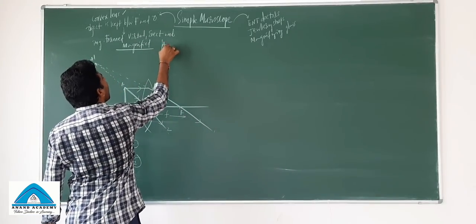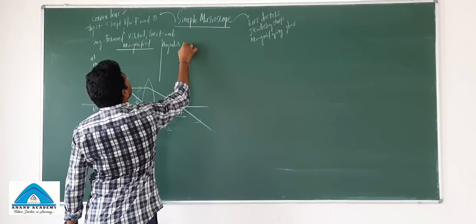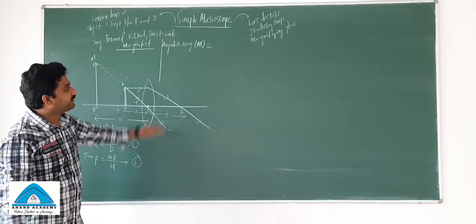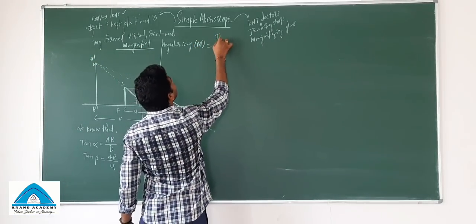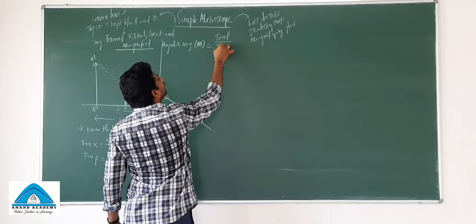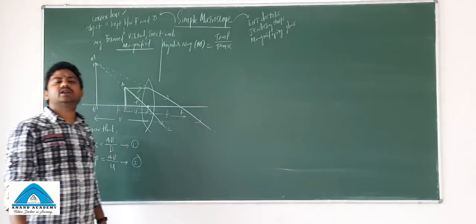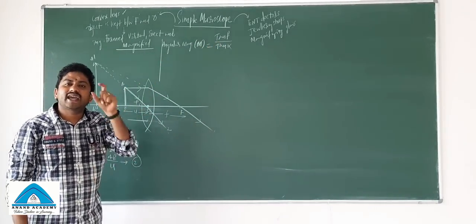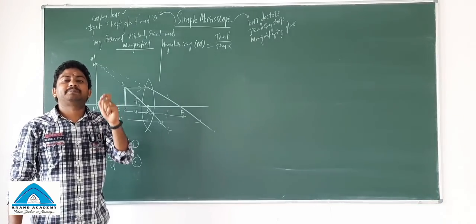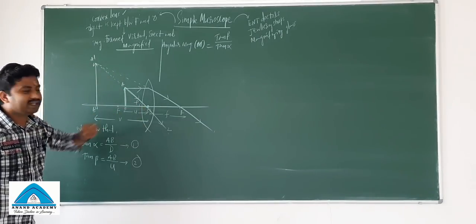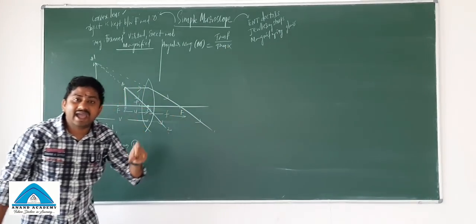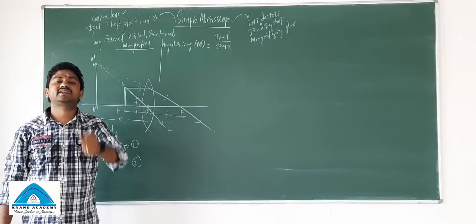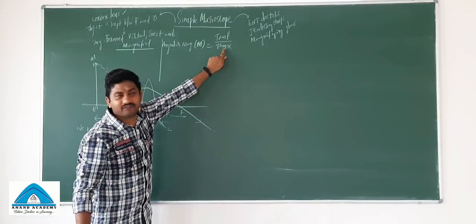So that is what I am writing here. Here you can see the angular magnification. Angular magnification is denoted with the symbol capital M. And this angular magnification is tan beta by tan alpha. The formula for the angular magnification is tan beta by tan alpha. So what is tan beta? Tan beta is the angle subtended by the image on the lens. Tan alpha is what? The angle subtended by the object on the lens when the object is kept at the near point. I have told you it is fixed in the formula.